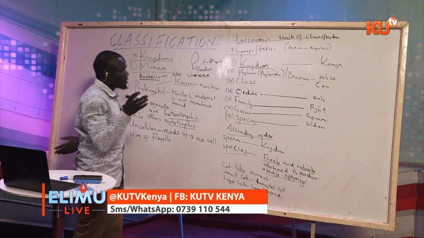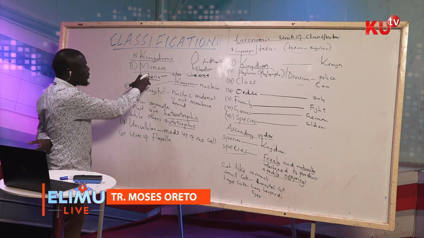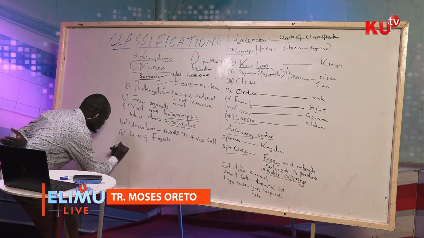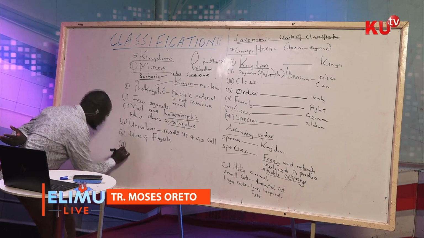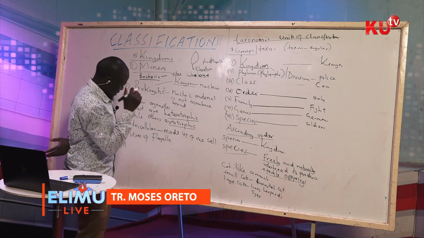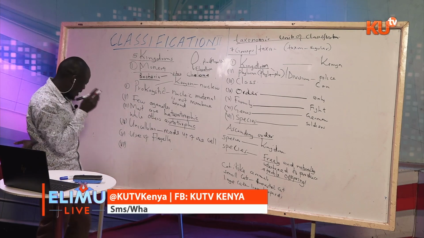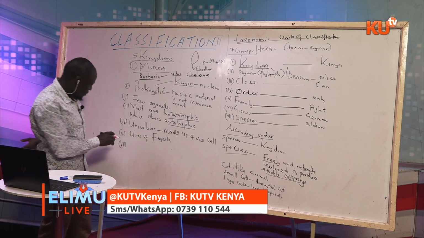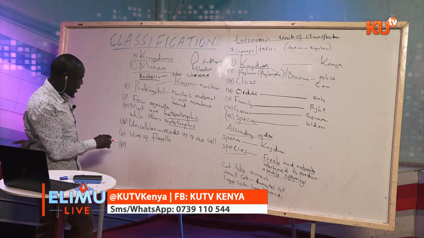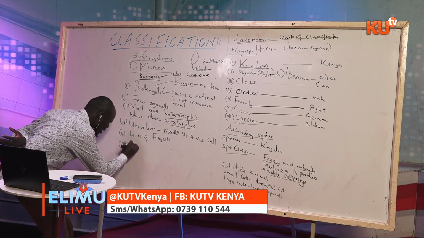we also learned about this characteristic of organisms, and they talked about reproduction. How is this organism able to reproduce? This organism is able to reproduce asexually. It has asexual reproduction,